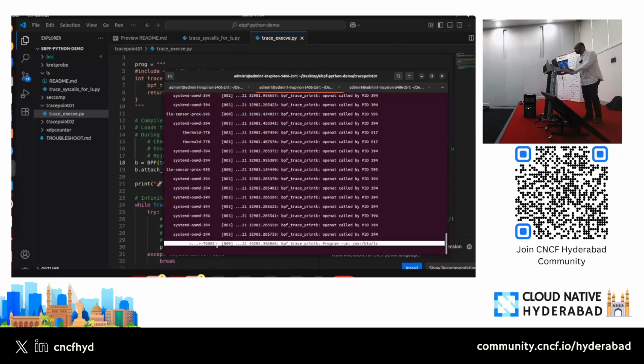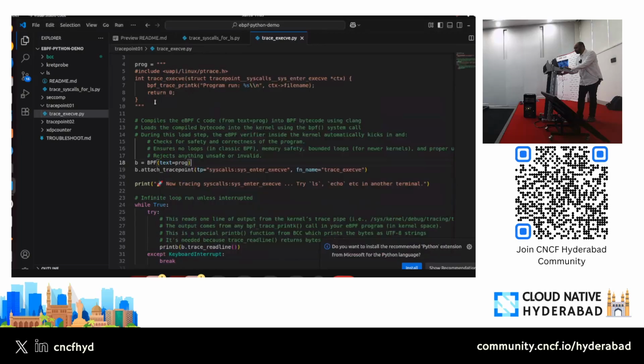This is your process ID. Sometimes if you check this process ID with ps, it will be lost, because ls is not a long running process.